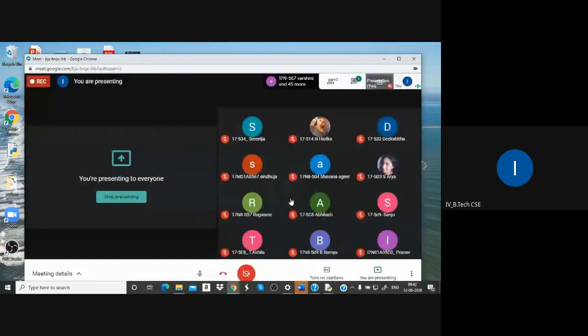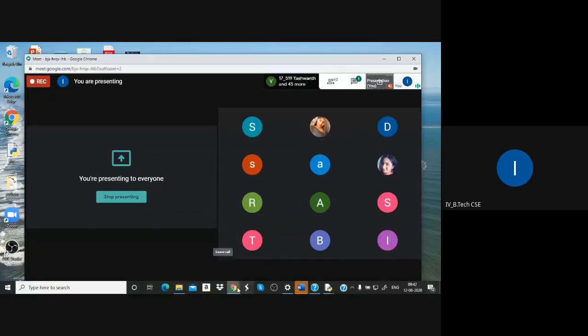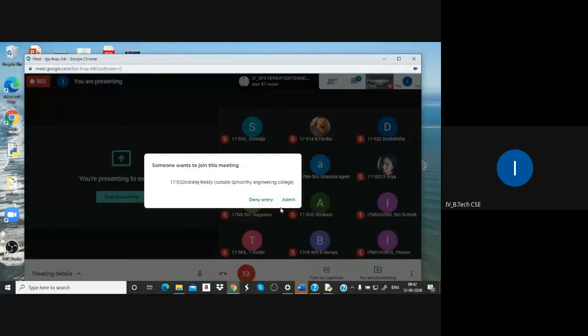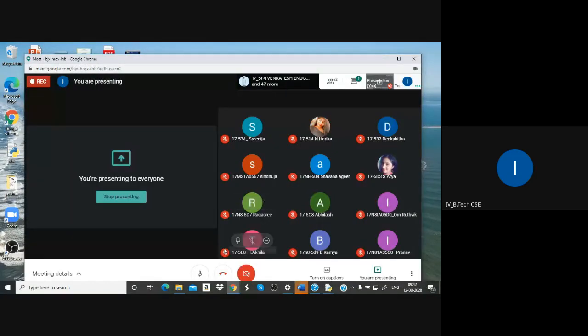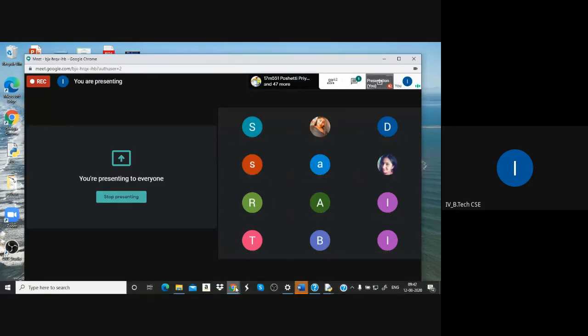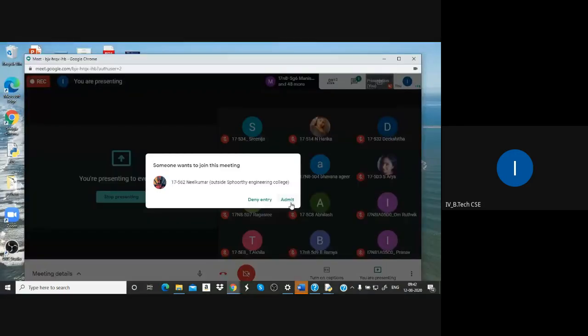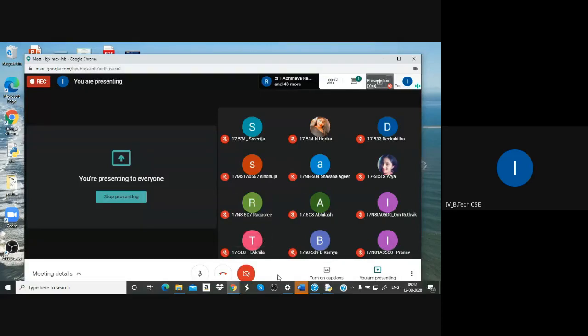Whatever work you are doing will be saved in the linked Google Drive. This is the simplest and a very excellent tool for compiling our Python programs.